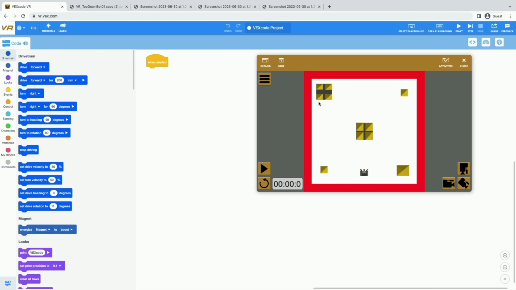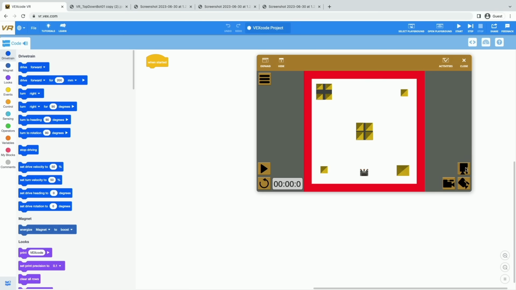So here at the bottom, you'll see our virtual robot. There it is. There's our real VR robot that we are going to code to move around. And also on this field, on this playground, we see a bunch of buildings. These are some castles. Now, they might look a little bit strange to you right now. That's because we're looking at the field from a top-down view. So as though we were all the way on top of the field looking straight down at it like we were in a drone or something. But if we wanted to see those castles in kind of a little more 3 dimensions, we can change our camera view.